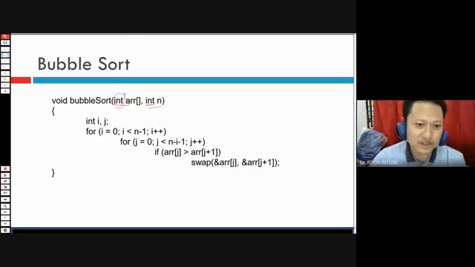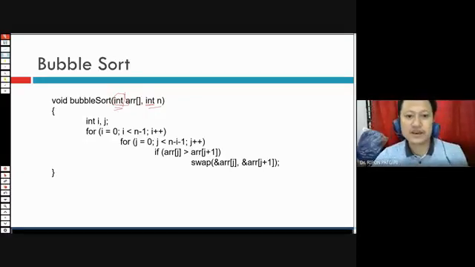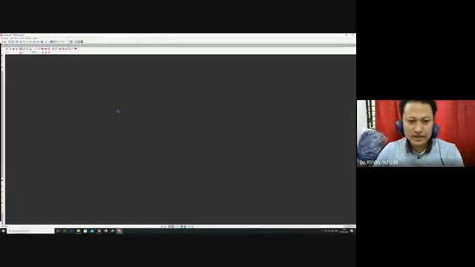That should be generic, or in C++ we say template. So do you have any questions?